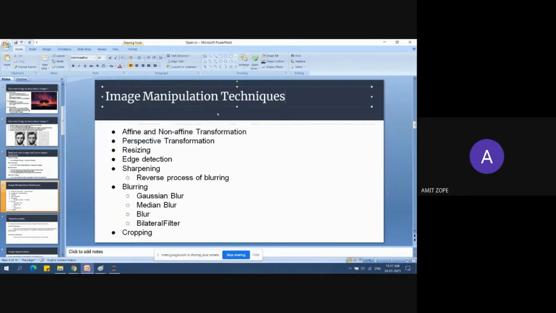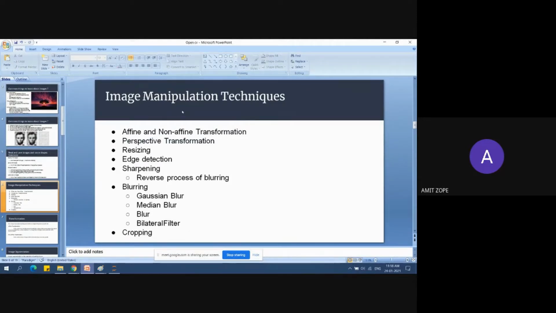Perspective transformation is nothing but, I hope that everyone is using CamScanner. It is banned, or not banned, but it came again after it had gone from the Play Store. Now it is there. We use that app. So CamScanner uses this technique only, the perspective transformation.